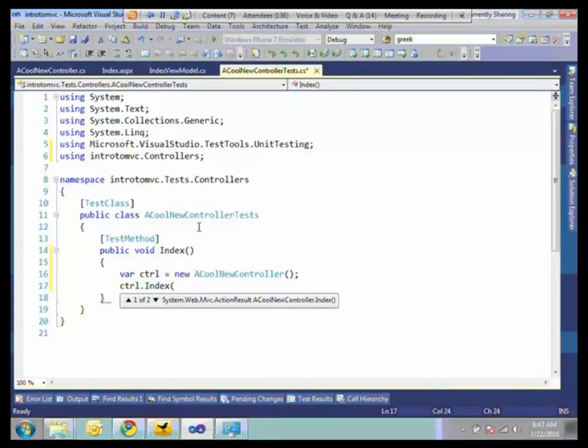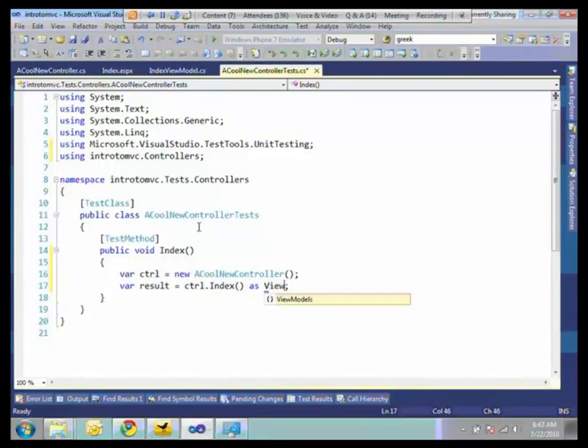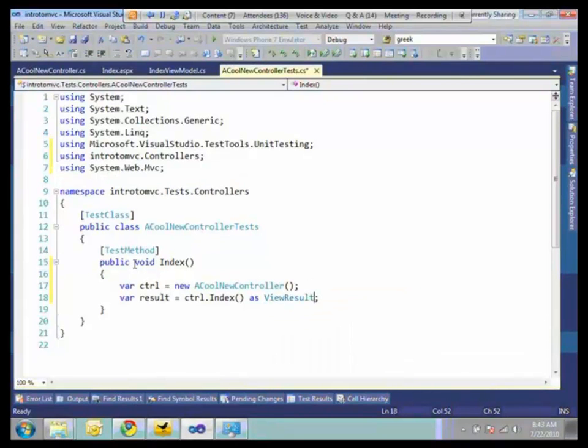If you call that, it's going to return a result. Now, the results we return are action results. And so we're returning here what would be just a generic action result. It could be a redirect result, it could be a view result, or whatever. What I'm going to do is go ahead and cast it as view result. And so this is going to come back that way. So I'm going to say